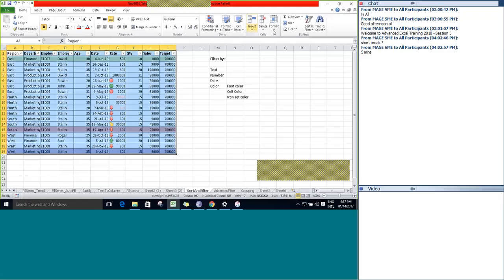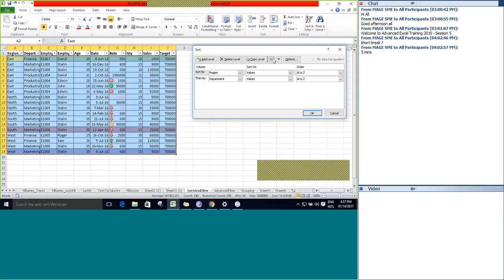So say for example, I want to go by cell icon, and you can see the list of available cell icons here, right? So I want to sort by red down arrow first, on top or at the bottom. So based on your choice, you can provide. Click OK. Accordingly, it will get sorted and displayed to the user.